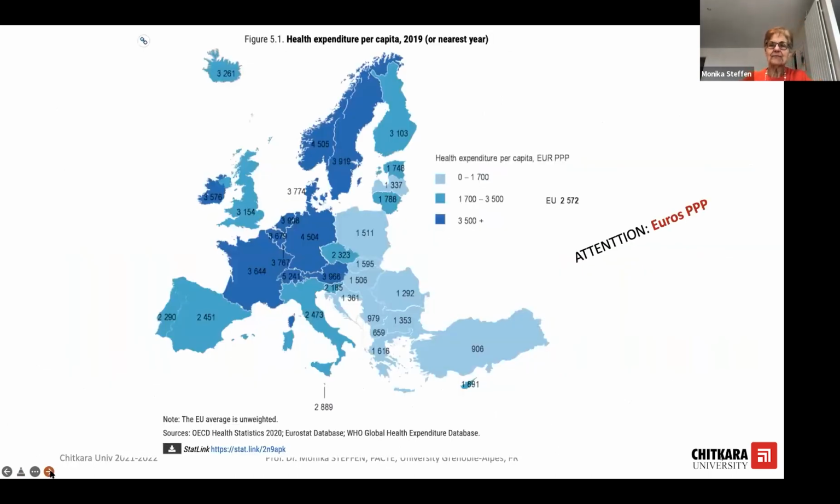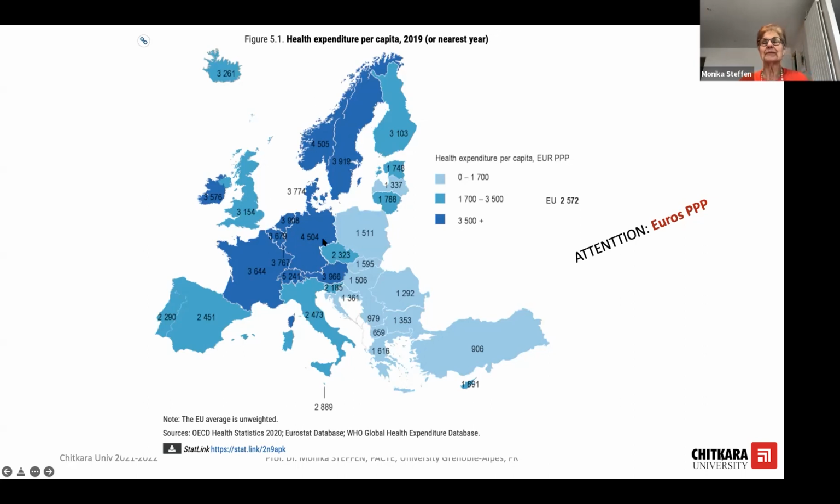Now, here you have it summed up. This is in euros, PPP euros. The per capita spending is just to show you a nice map of where the countries are that have good per capita spending on healthcare and those where there's much less. So here are the figures. For instance, in Turkey, which is not a member of the European Union but a candidate, they spend 906 PPP euros per year per inhabitant on healthcare. And in Germany, it is